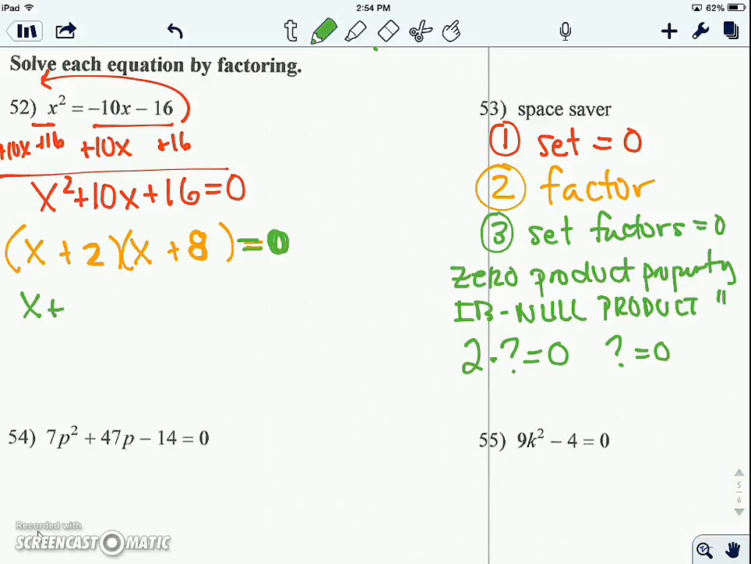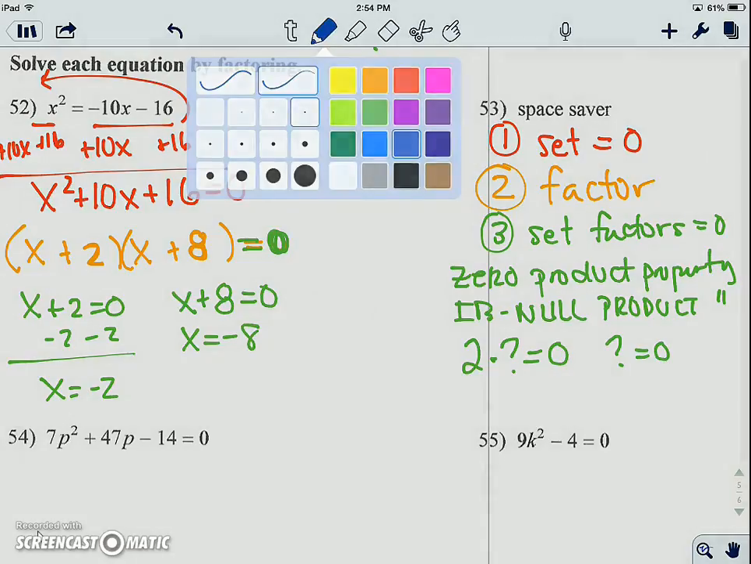So we will do that by setting the factors equal to 0. So x plus 2 equals 0, x plus 8 equals 0. At this point, you may definitely just see the answer and you can write it down. Minus 2 from both sides. So when x equals -2, and in this case when x equals -8. And what that means is that if you were to graph this parabola,